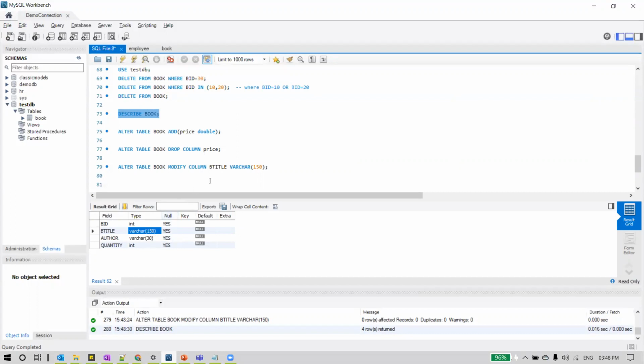Earlier it was 100. Now it can allow 150 characters as the column value. This is how we can modify a column's data size. The data type is the same, but the data size we wanted to increase, and this is how we can increase the data size for a particular column.